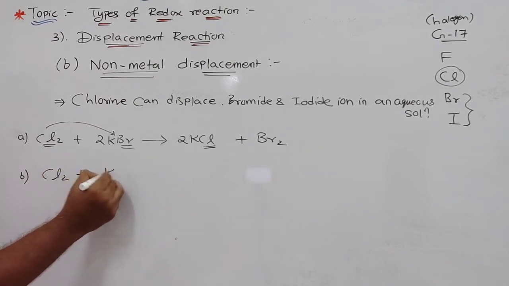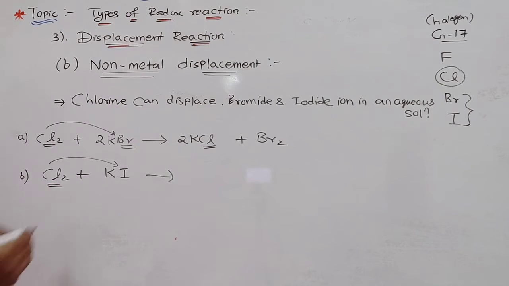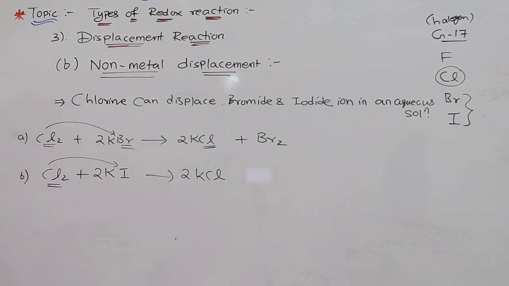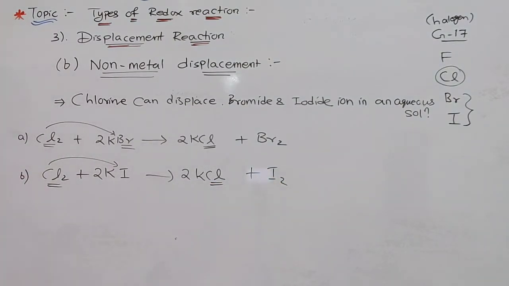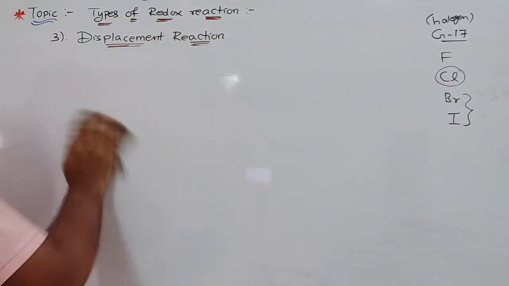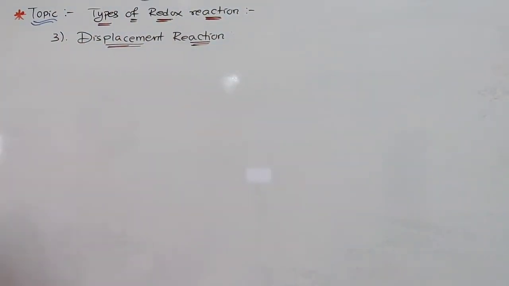Then Cl2 plus KI, that is potassium iodide. So you will see that chlorine will be replacing the iodine also. Here I will just balance it and give 2 KCl. What does it give? 2 KCl plus I2. Understood? So here you can see it is displacing bromine and iodine from the solution. Understood this part? Now the next: as Br2 and I2 are colored and dissolved in what? CCl4. They have given this part that I am going to explain. And now this part. This also is so easy. Okay.